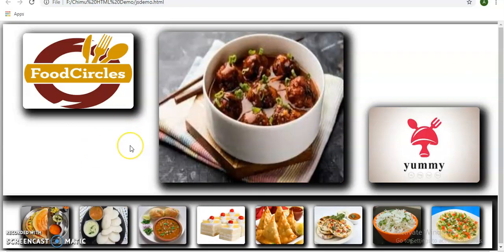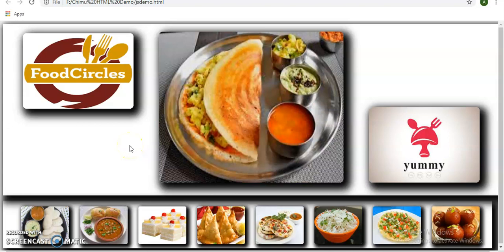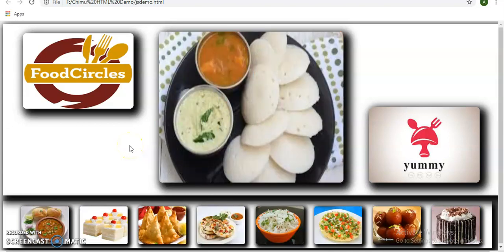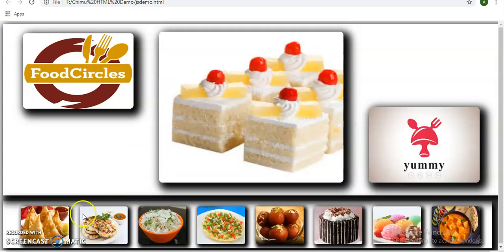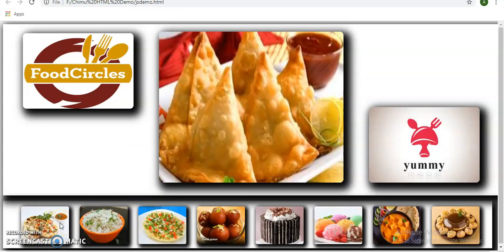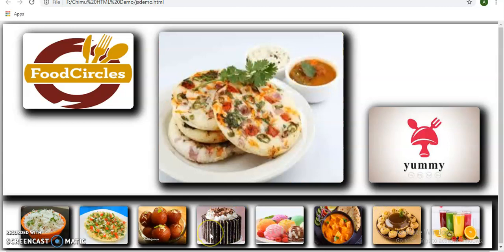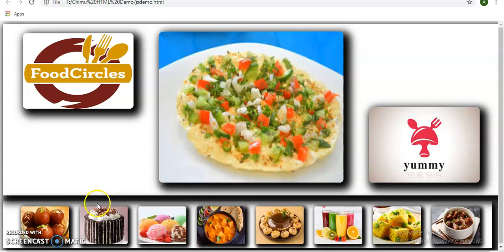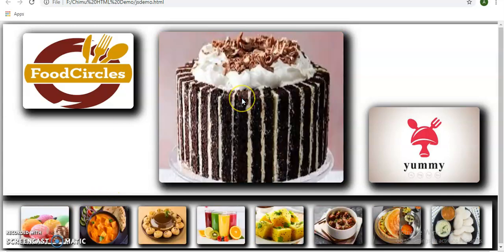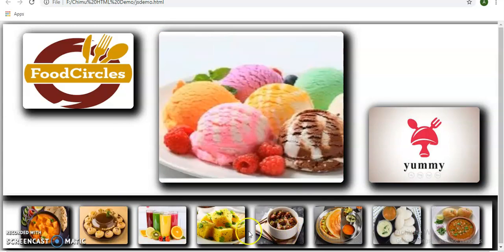I'm taking some food images and storing them into a JavaScript array, and one by one I take images from the array and display them into these image controls. After every 2 seconds the image will be changed, or we can say the images are rotated.